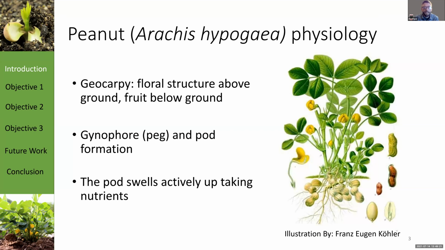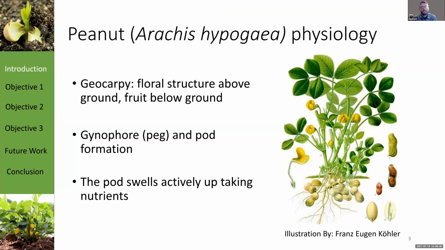The ovaries are located at the tip of the peg, and as this ovary swells and the pod forms, it begins to actively uptake nutrients. It's very unique in the fact that the pod or the fruiting body itself is what is actively uptaking these nutrients, and very little is actually transported from the roots. So one of these important